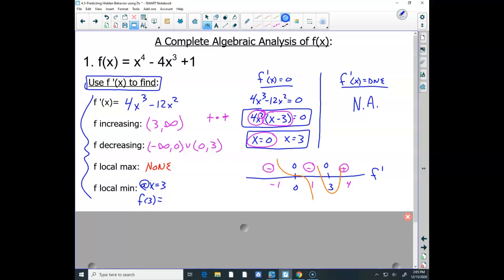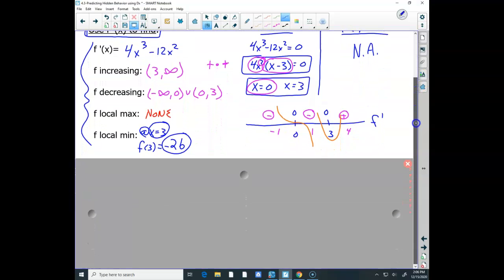Well, you can do the old synthetic thing, or you can just plug it in there. Either way, I got to plug 3 into the function to find what my minimum value is. And when I do plug that in, I believe I get negative 26. So there's my minimum value, and it occurs at x equals 3. Okay, so that's my analysis for increasing and decreasing. How about my analysis